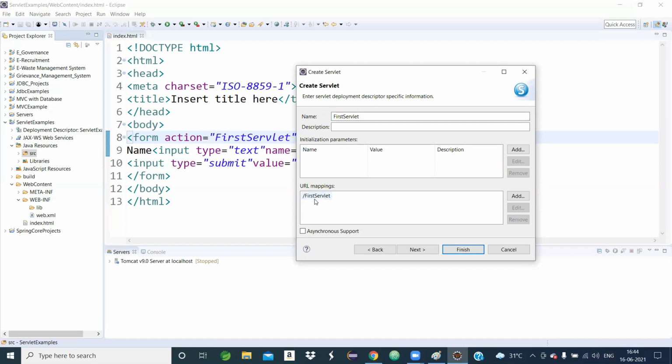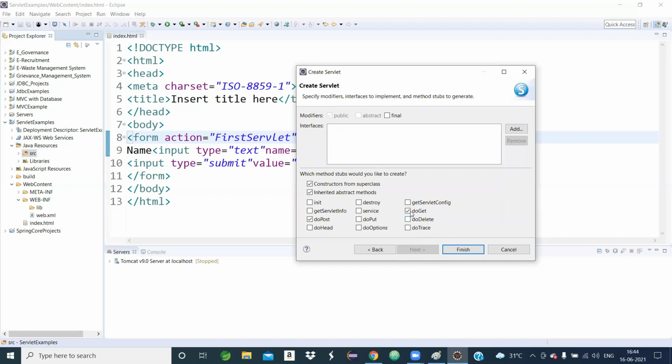So this is slash your class name; my class name is FirstServlet. Where we will use this point, just wait. Then click the Next button. Just see, one tick mark is on doGet, one tick mark is on doPost. doGet is a method, doPost is a method. Basically these methods are called service methods, and whatever business logic we have, we will write inside the doGet method or the doPost method. You have to choose any one method.